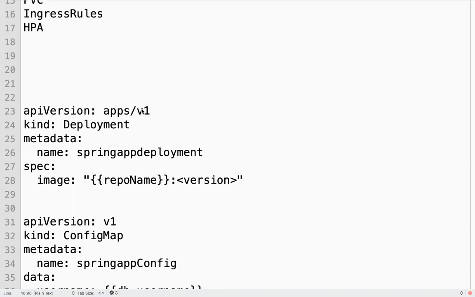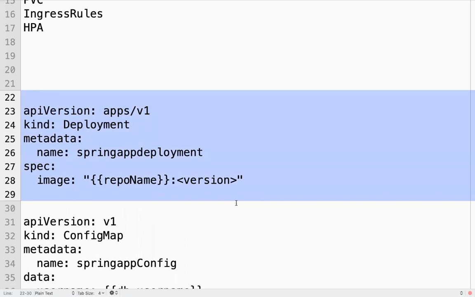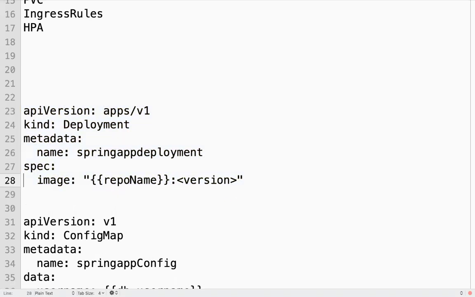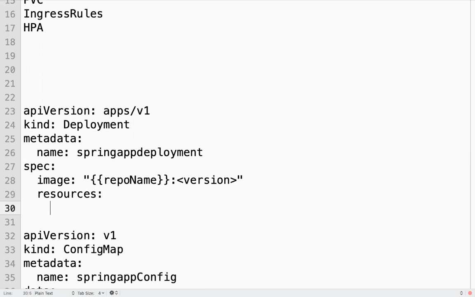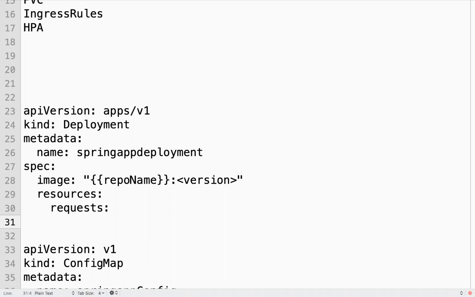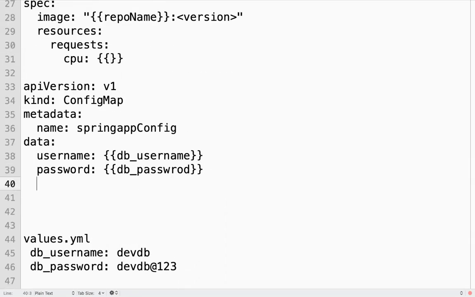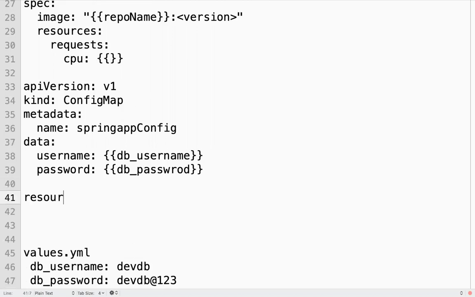Whatever objects you want to create, that object will be part of your template. You are going to maintain this in a Kubernetes template. Here we can refer to variables. Suppose you are trying to mention the resources, request CPU. Here also you can refer from values that you can define here, whatever way you want to define.